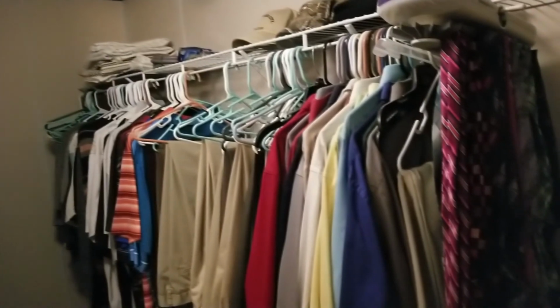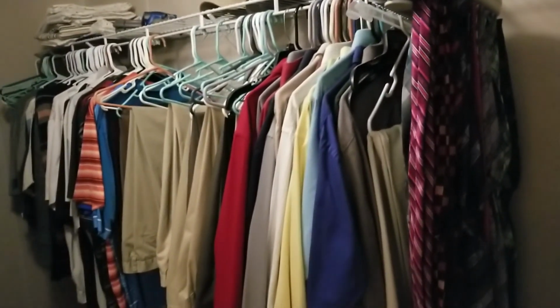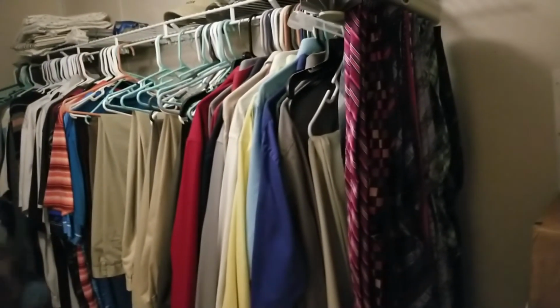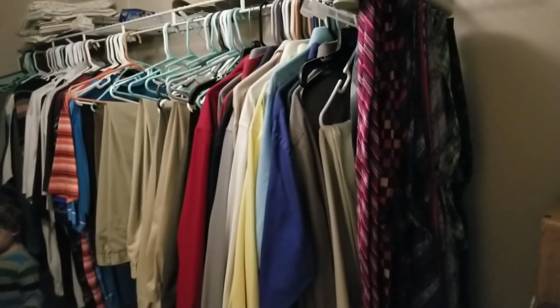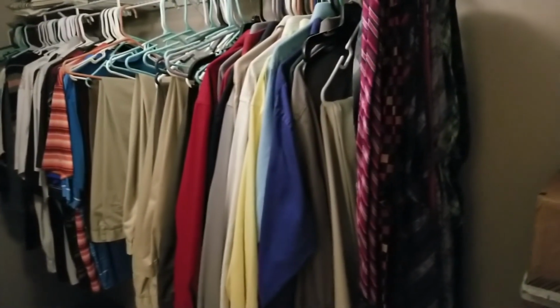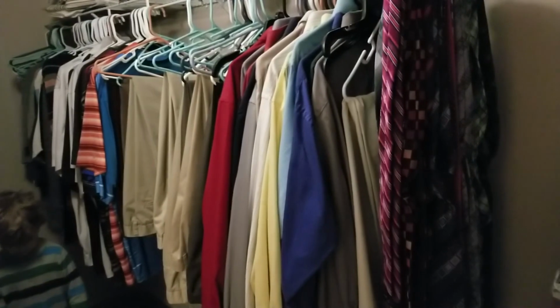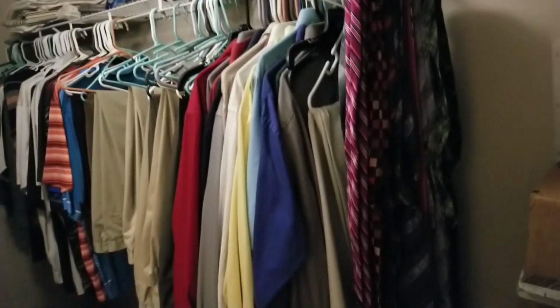All right, so get your stuff together. If you've gone through a big decluttering and there's just a bunch of stuff everywhere and you need to get through it, decide what's going to get donated, get it all together, get it packed up so it can get out the door, because it's not doing you any good sitting there in a pile. Then it's decluttered, but it's still going to take up room and be annoying to you until you get it out of the house. So tomorrow's the day all this is going to get out of the house,